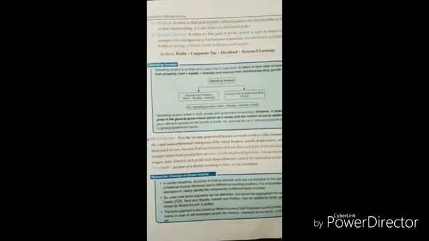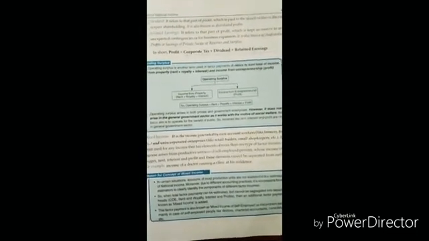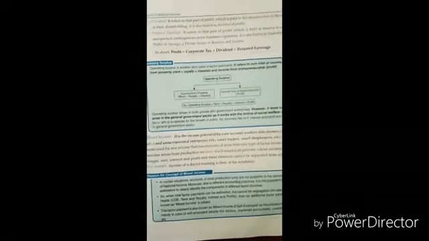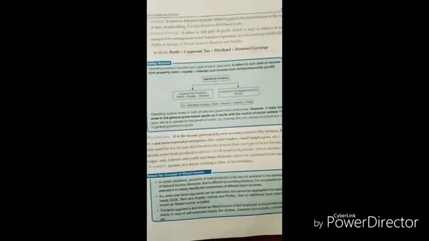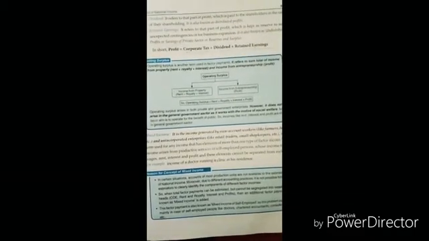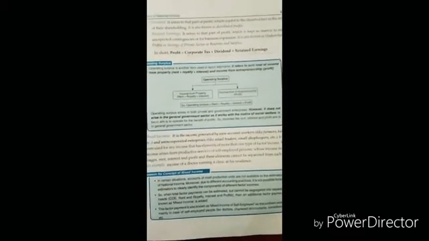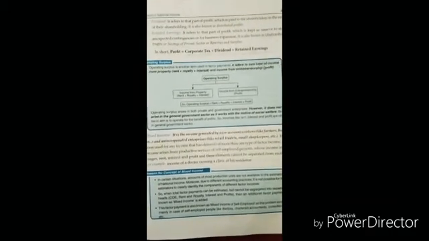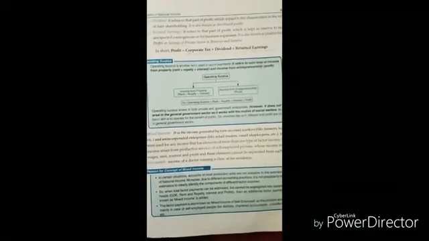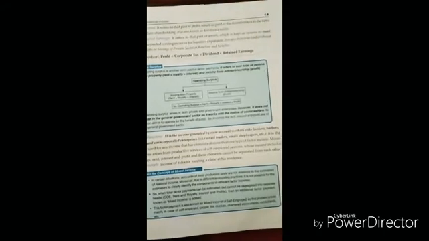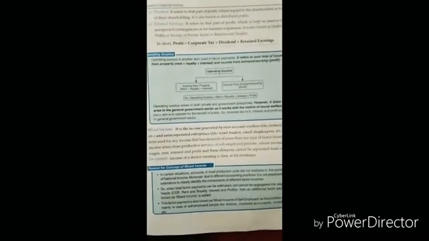But compensation of employees has three main components. Sometimes the word compensation of employees is missing while calculating national income. So in that case, we add all three components, or whatever component is given, to calculate compensation of employees. So compensation of employees has three components: wages and salaries in cash. Once again, I am repeating, wages and salaries in cash, wages and salaries in kind, employers' contribution to social security schemes. That is compensation of employees.